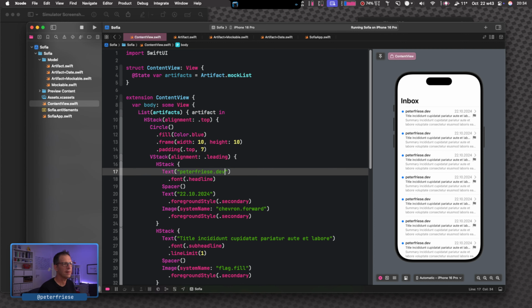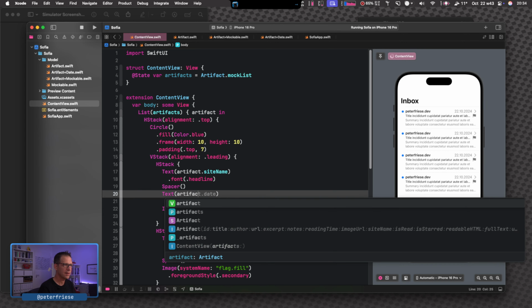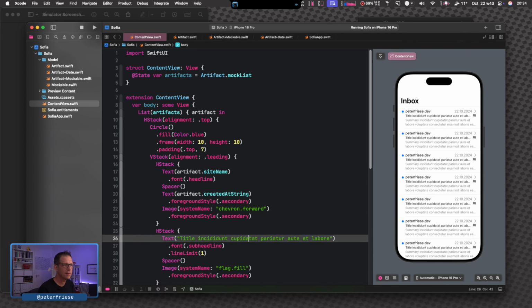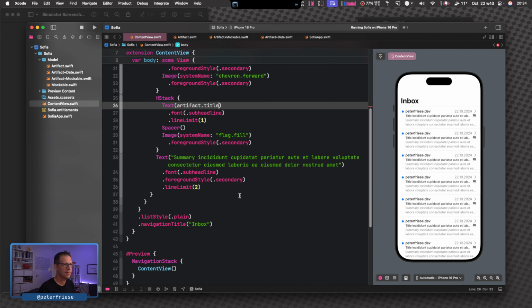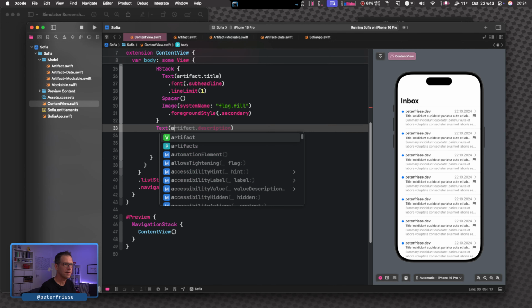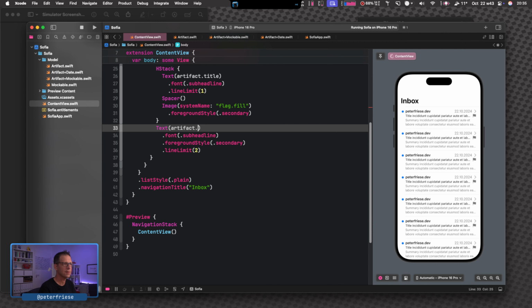And now I can start replacing all the static variables here. Artifact dot site name, artifact dot created at string. This is the title, artifact dot title, and this is the summary, artifact dot